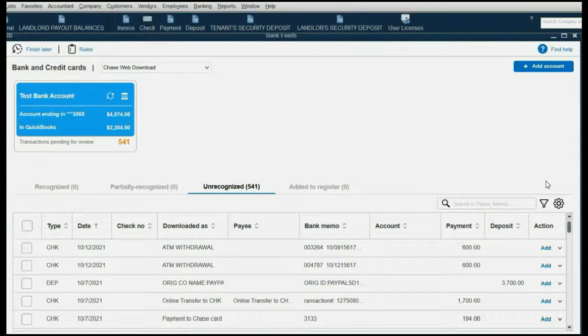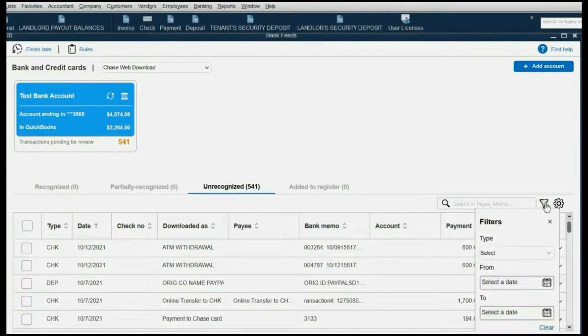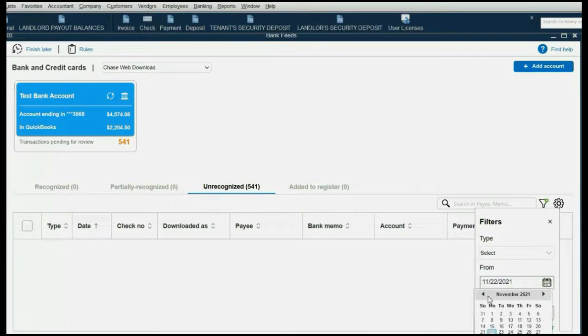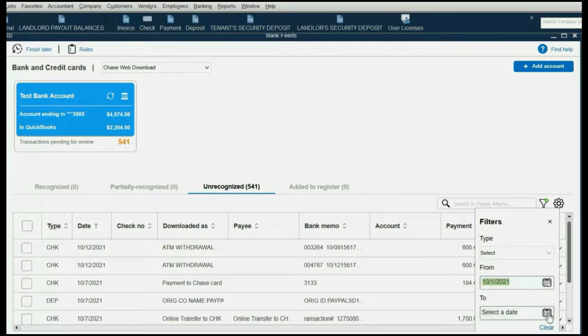So in the center right, we click the funnel looking object, and we'll select the from date to be back in October, October 1, the to date to be October 7th,